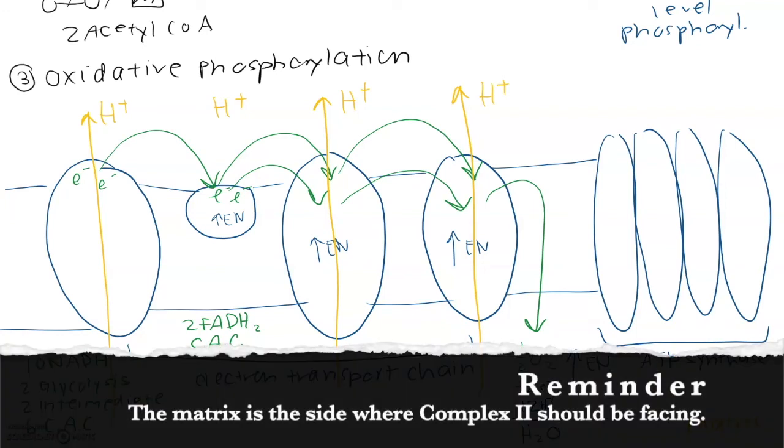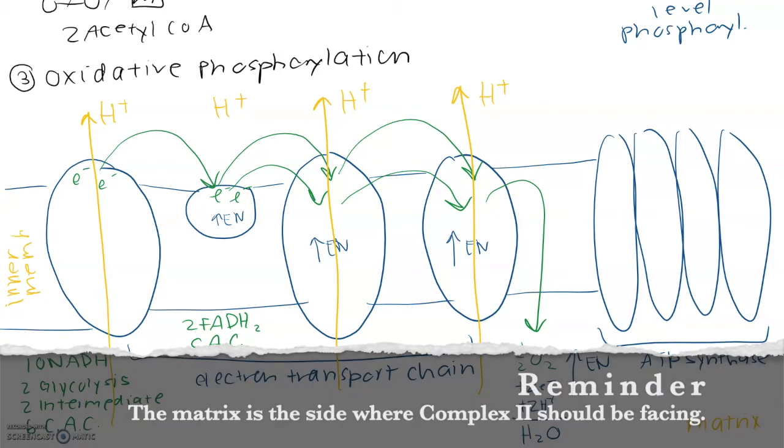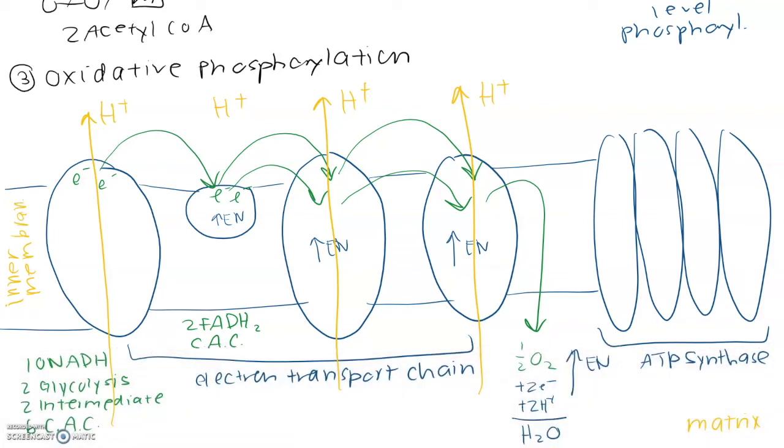Right here. Okay, and these hydrogen ions are getting pumped out into the intermembrane space. Now what this creates for us is an electrochemical gradient, and it's also known as the proton motive force because,